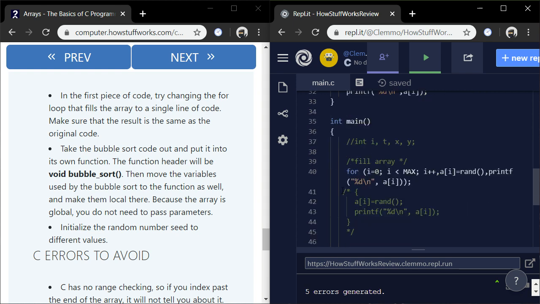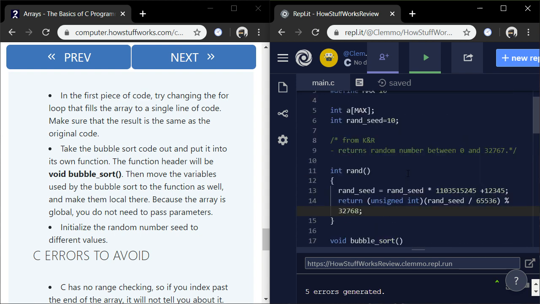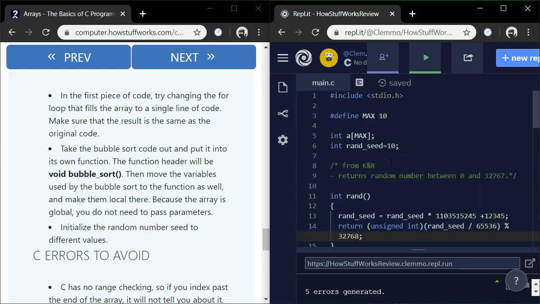Well, I don't know. Because the array is global, you don't need to pass parameters. Right.